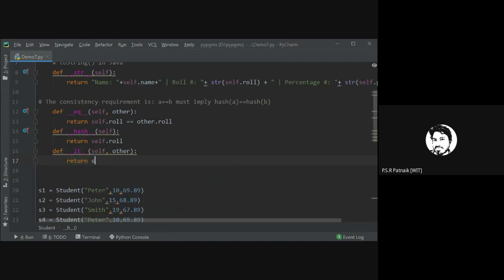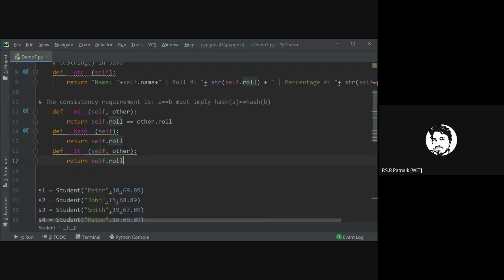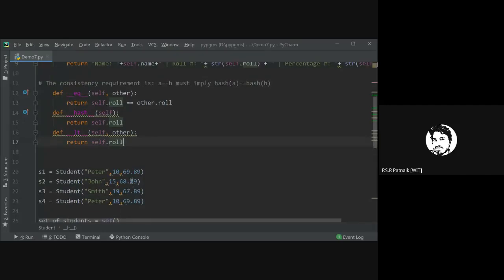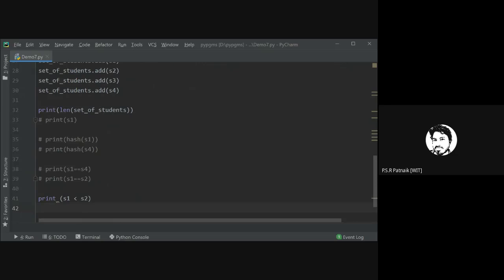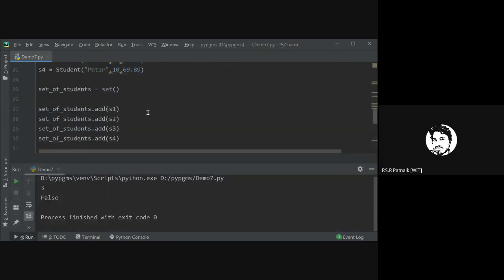If I want to compare two students, you have to decide the basis. Let's say I'll compare them on percentage, instead of roll number. If self percentage is less than other dot percentage, just return whatever this operation results. That would be the output. Now if you execute this, what does it say? False. S1 less than S2. What is the percentage of S1?